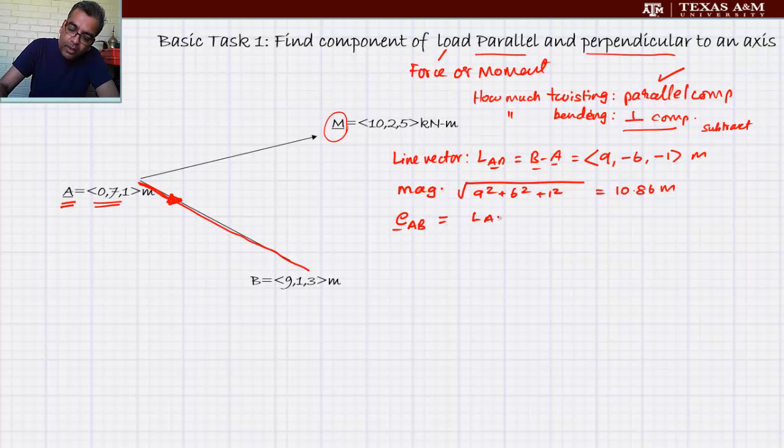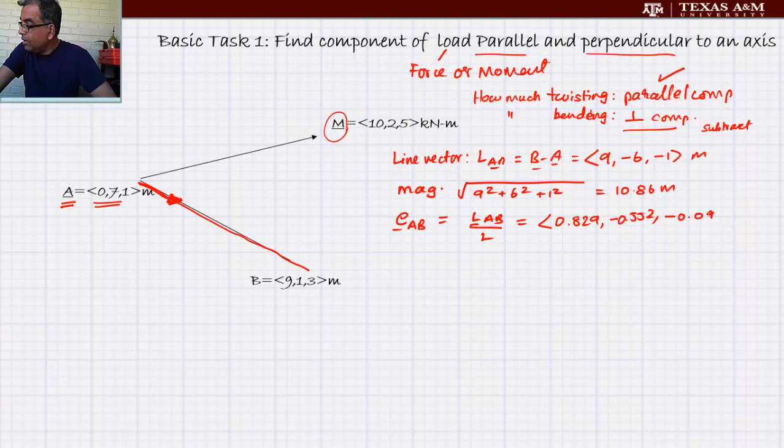Is LAB divided by L, which turns out to be 0.829 minus 0.552 minus 0.092, something like that. And this is dimensionless because these two have equal dimensions. Now you can find the parallel component